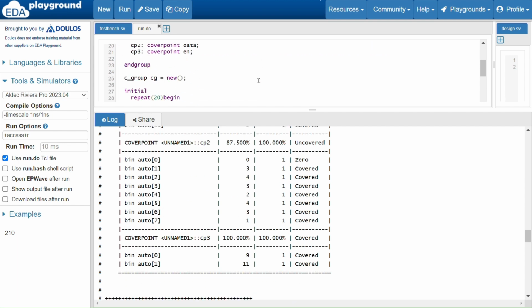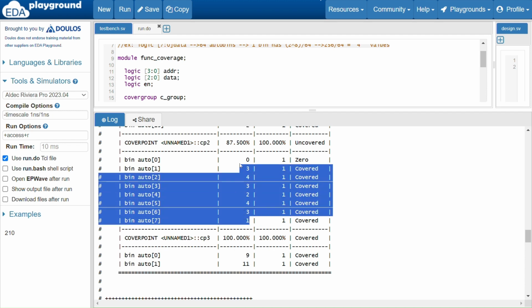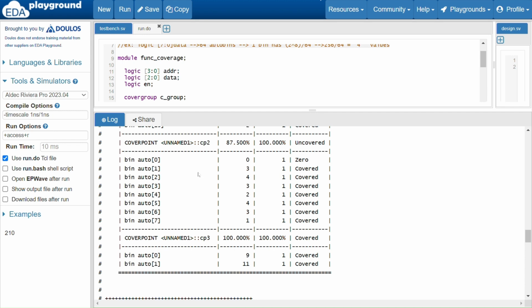Here you can see cp2. CP2 for data is 3 bit, right? 2 to the power 3 is 8. 0 to 7 auto bins are created. Here you can see 3 4 3 2 4 3 1, right? Total how many times are you repeating? 20 times. So 4, 3, 7, 7, 3, 10, 10, 12, 12, 4, 16, 16, 3, 19, 19, 1, 20, total 20 values, right? So this many times the values are covered,